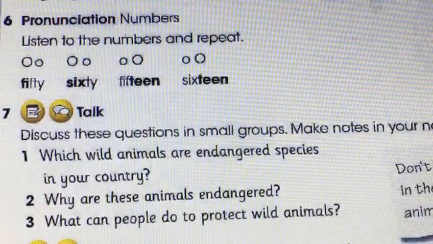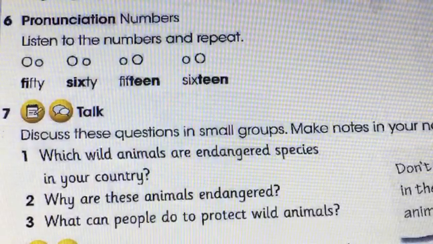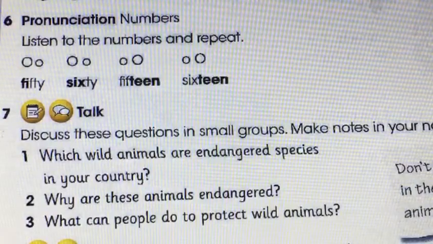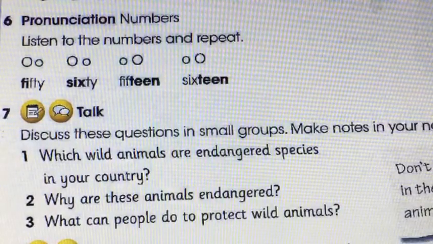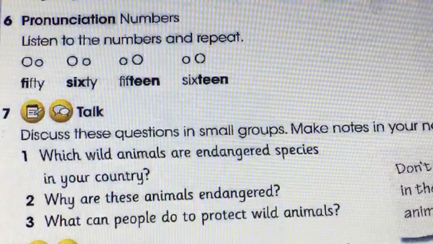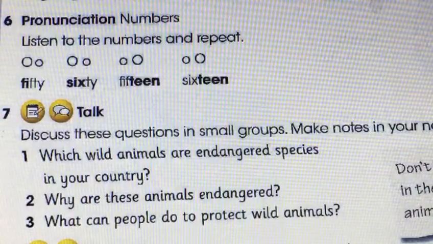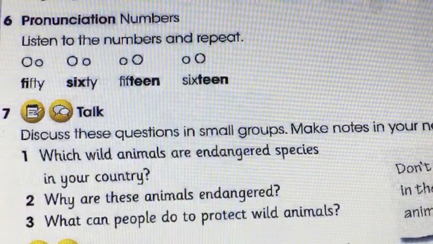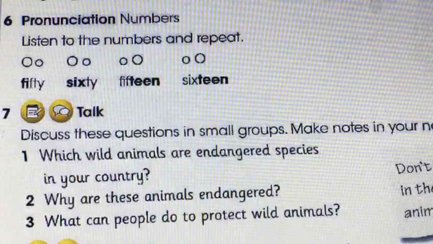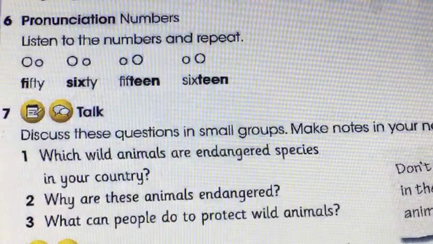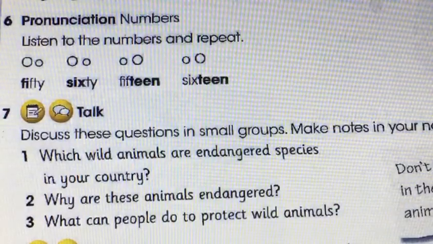Number 3, what can people do to protect wild animals? People can do something and governments do something else. What can we do to protect wild animals? Your task for today is